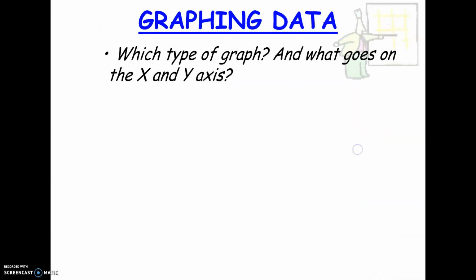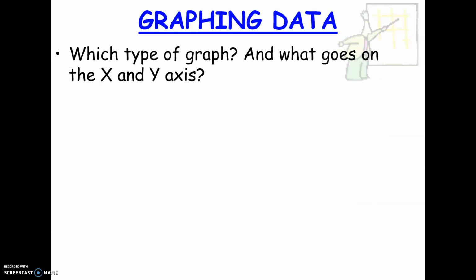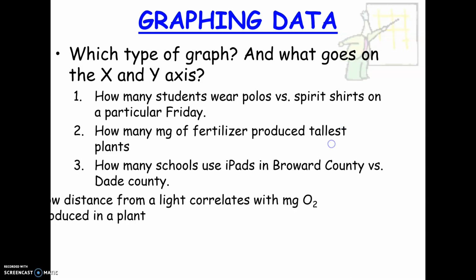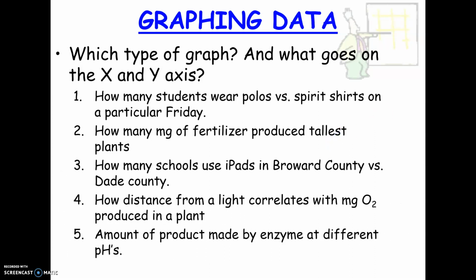All right, so this was some practice that we did in class, so I'll run through these really quickly. What kind of graph would you make, and then what would be your x and your y axis? So let's just go through each of these. I'll just go ahead and uncover them all. Let's do what kind of graph we would make first. So we have the number of students, so that's a number, wearing polos versus spirit shirts on a particular Friday. Well, our students are a number, but polo and spirit shirts are not a number,